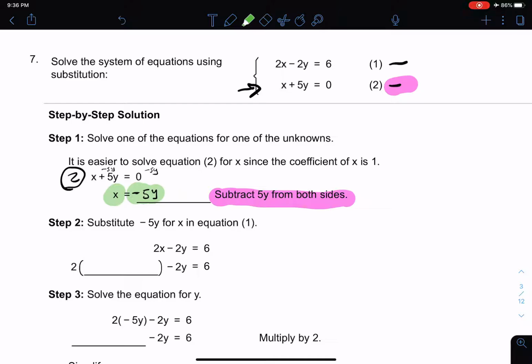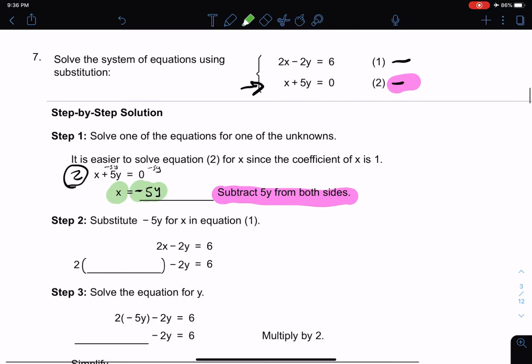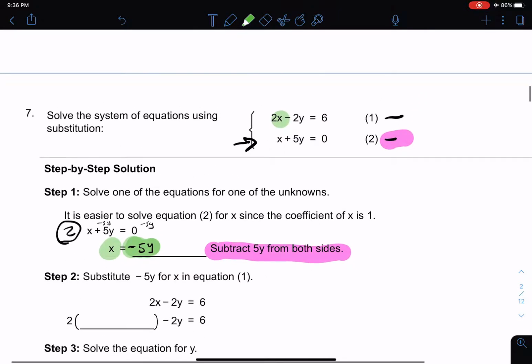But we used equation 2, so we need to plug it back into equation 1, and we're saying x is the same as negative 5y. So we're going to replace this x right here with negative 5y. That goes in for x right there. So our new equation,